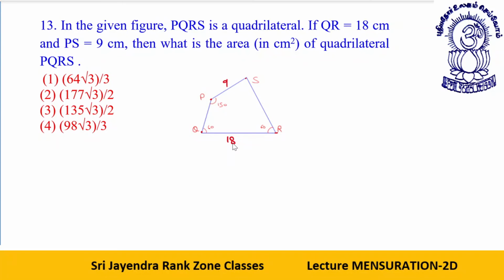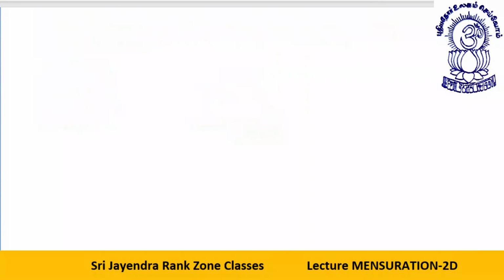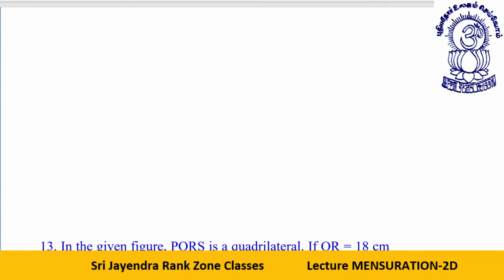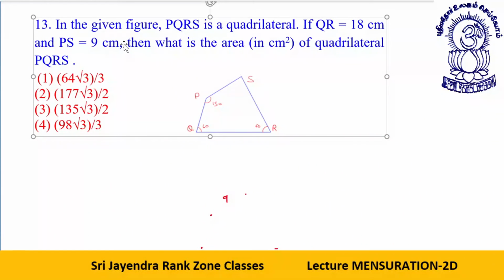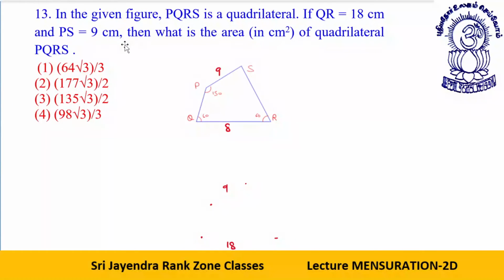You are being provided 8, 18, and 9, but these two angles are 60 degrees. Why am I dealing this question in equilateral triangle? Because this can be solved with the help of equilateral triangles. How come? Look, this is 9, this is 8. I rub all this. I take another triangle. As I'm saying, this can be solved with the concept of an equilateral triangle.